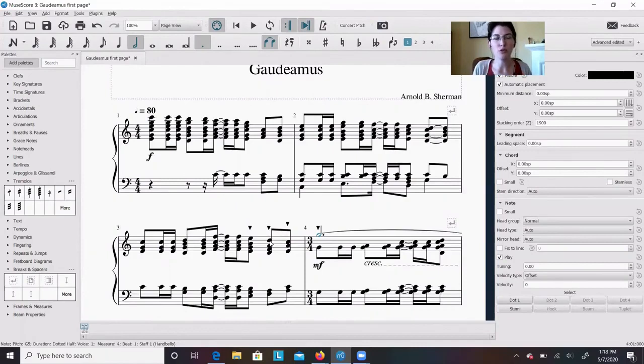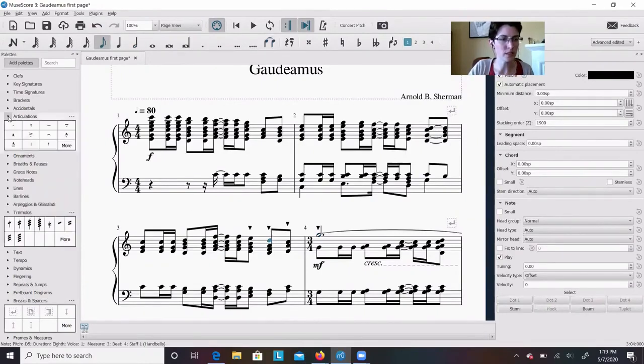Now, playback. You can't get every single bell sound with playback because there is not a handbell sound font for MuseScore, at least not a very good one. So you can kind of cheat some things, and I'm going to show you how I do that. So for Mars, things like Mars, which have a shorter sound, what I will often do is come over here